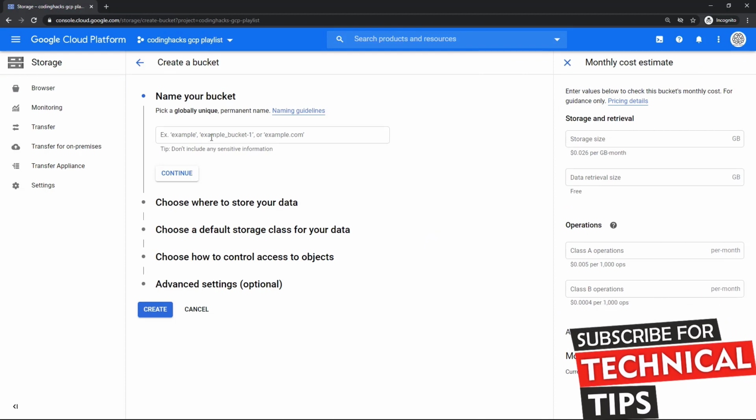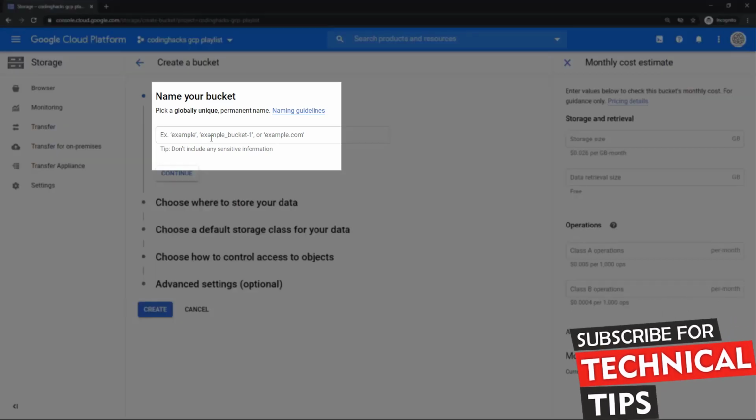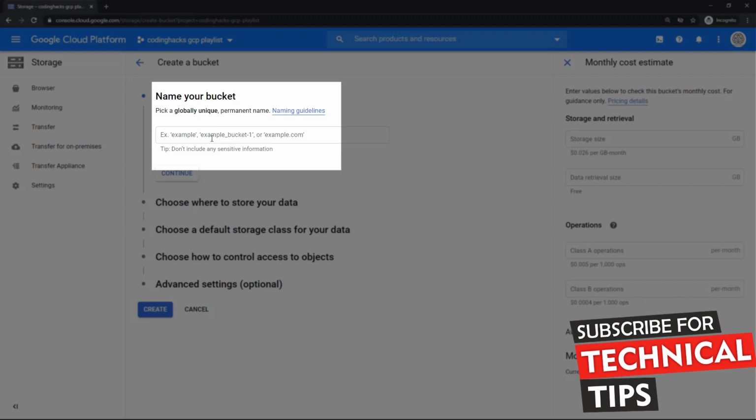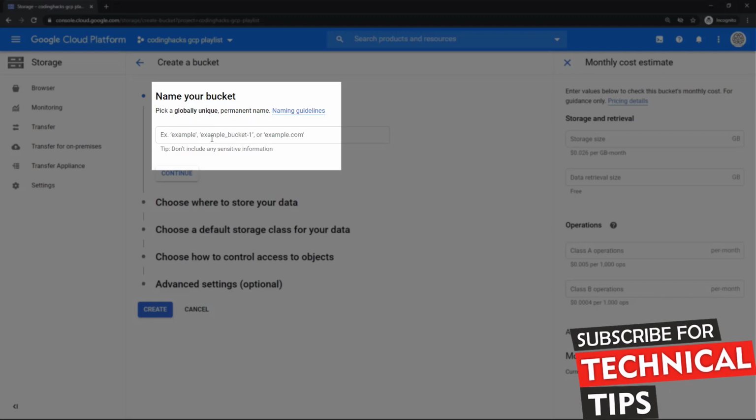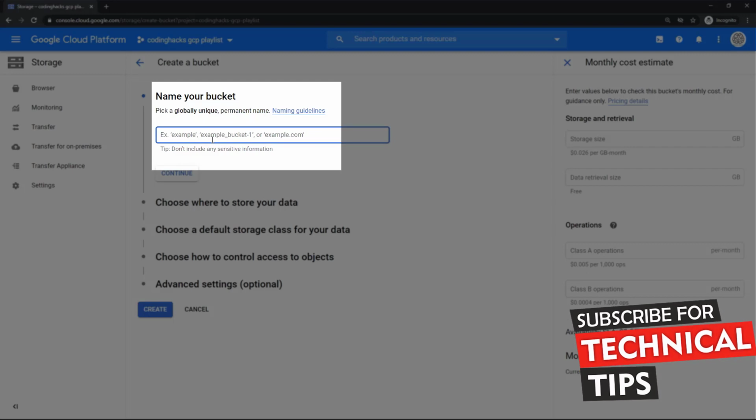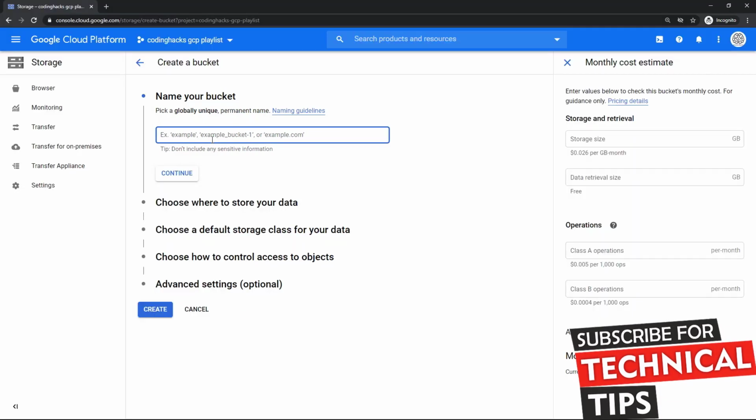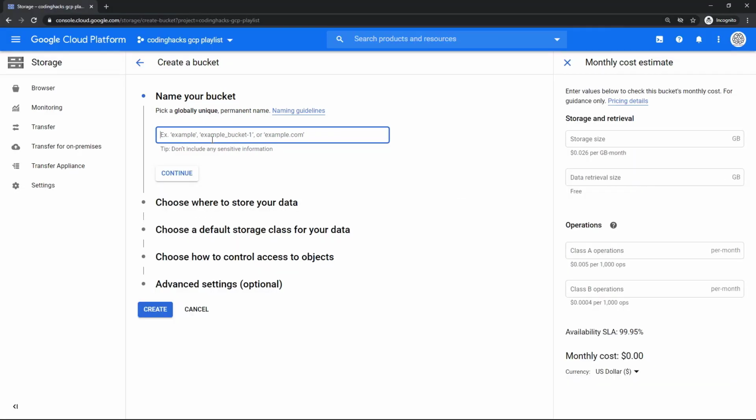Next, we need to specify the name of the bucket in the text box. There are some rules that your bucket name must follow. Don't worry, the web console gives you hints right there. One thing that I want you all to note here is that the bucket name is global.